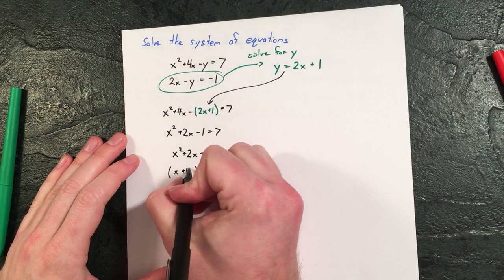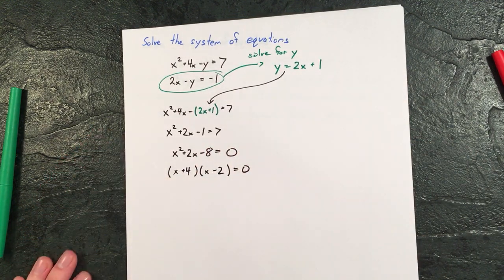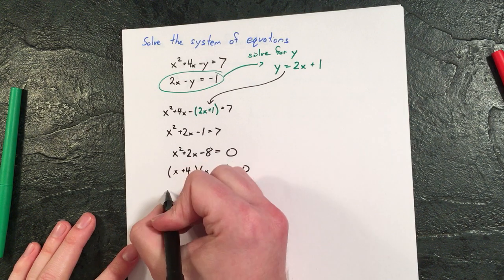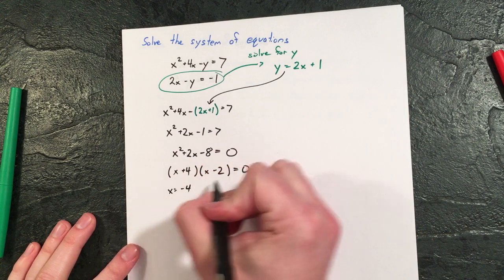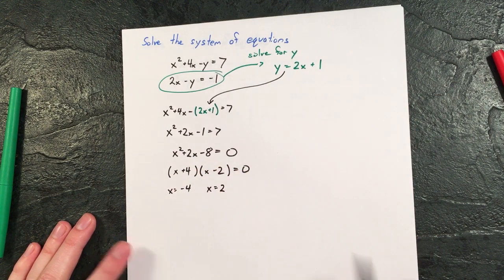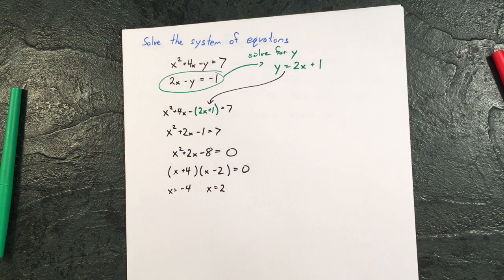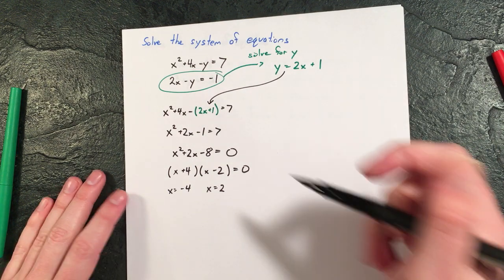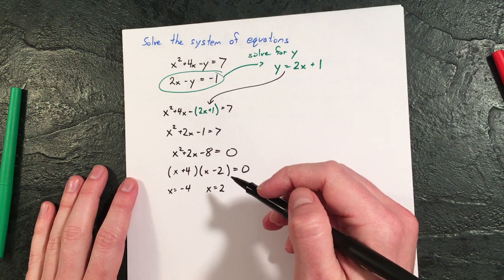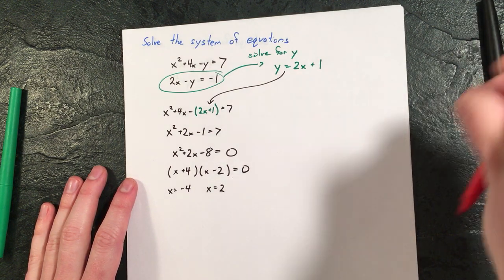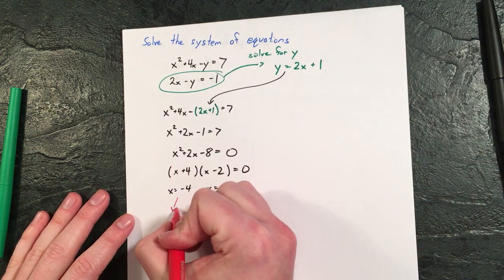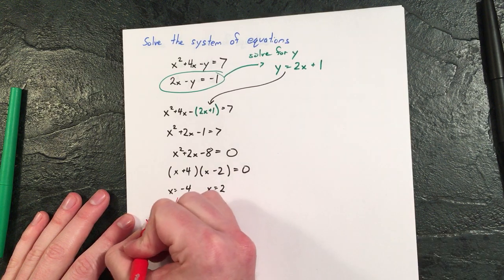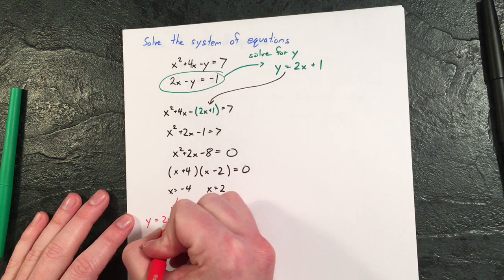So we're thinking positive 4, negative 2, which means the actual solutions here are x equals negative 4 and x equals 2. So it looks like we have two different solutions here, which is also slightly different from what we just had. Well, let's find out what their corresponding y's would be. So for the negative 4, the equation